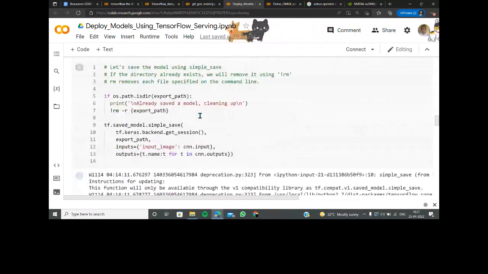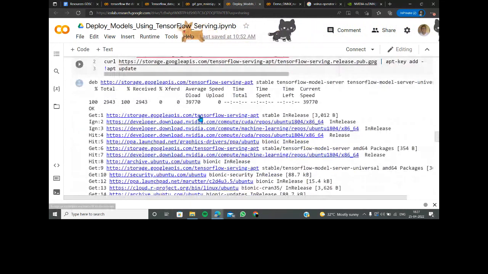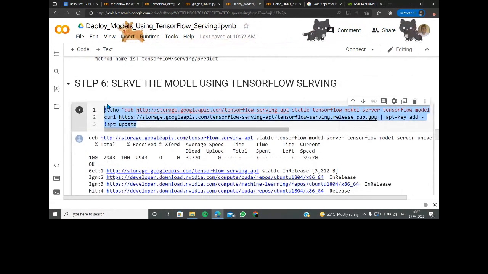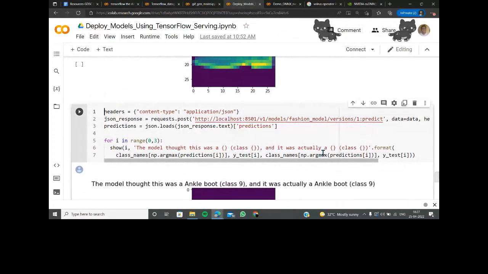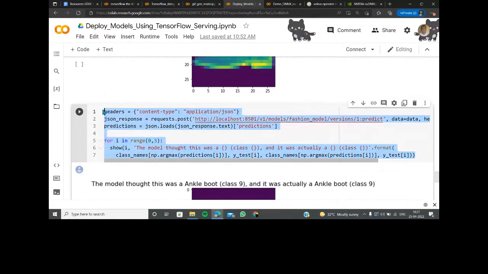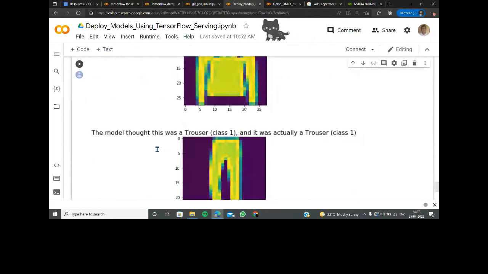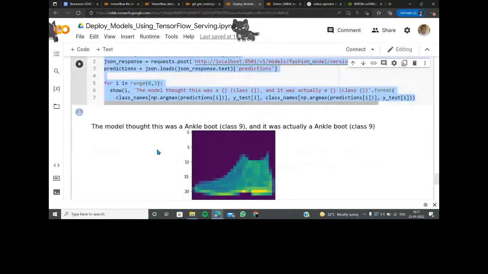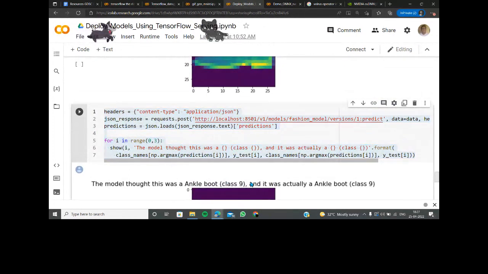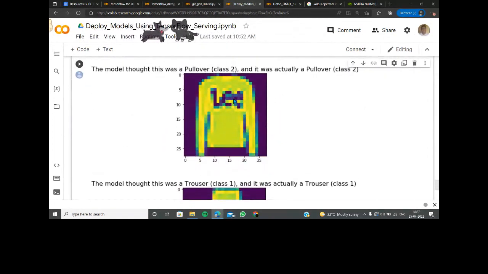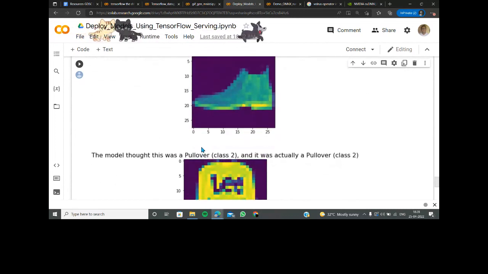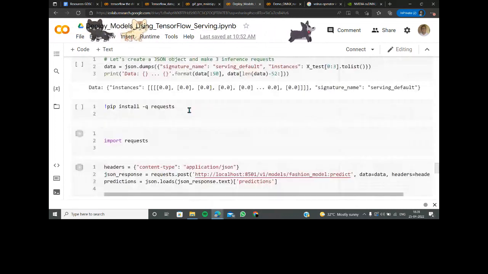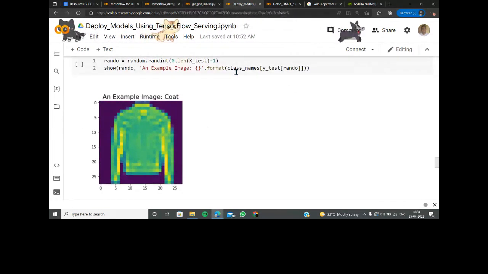And you know what? I just wrote this set of code, actually copied it from the documentation, and guess what? This was the only set of code that I wrote there. Everything as a deployment came out easily for me, and I didn't do much work. It's just saying that this is a shoe, this is a t-shirt, this is a trouser, and a pullover, and everything was taken care of here. So this is how it is.